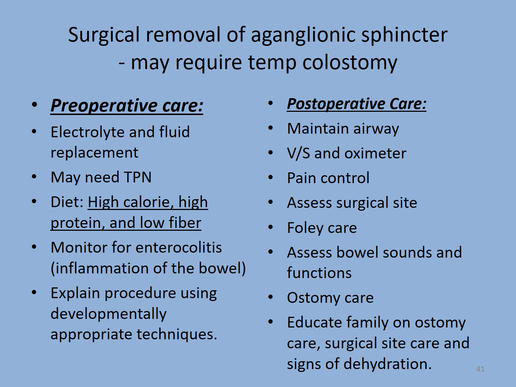The electrolyte and fluid replacement will be fixed, and many times these kids are undernourished and they need TPN. If not, their diet is important to know: high calorie, high protein, and low fiber. We monitor for enterocolitis,